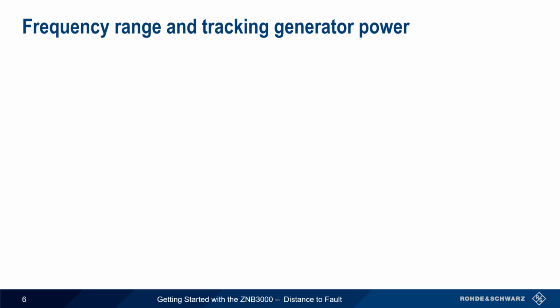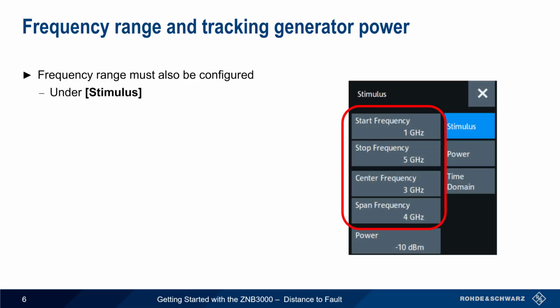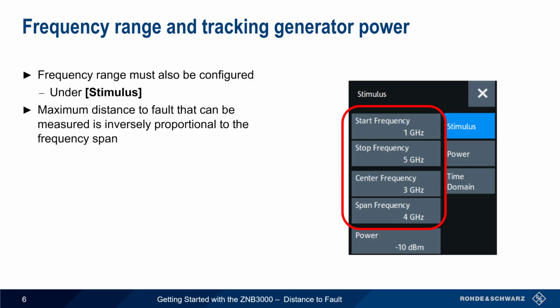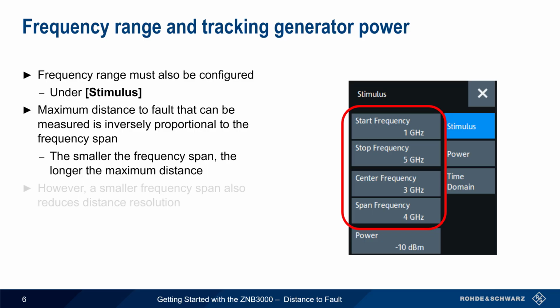In addition to a distance range, a frequency range must also be configured. This is done under the Stimulus group. Frequency range is important because the maximum distance default that can be measured is inversely proportional to the frequency span. In other words, the smaller the frequency span, the greater the maximum distance. However, decreasing the frequency span will also decrease the distance resolution, so frequency range should be chosen with this trade-off